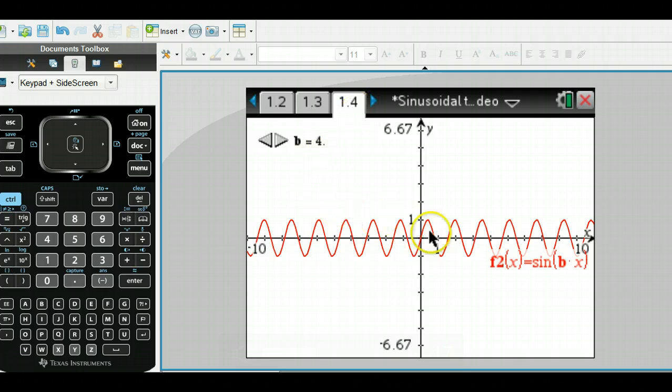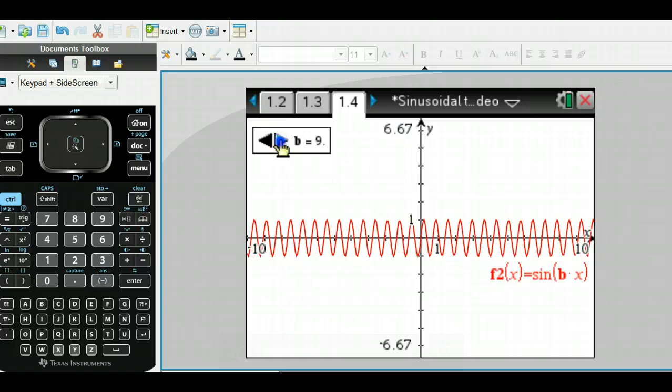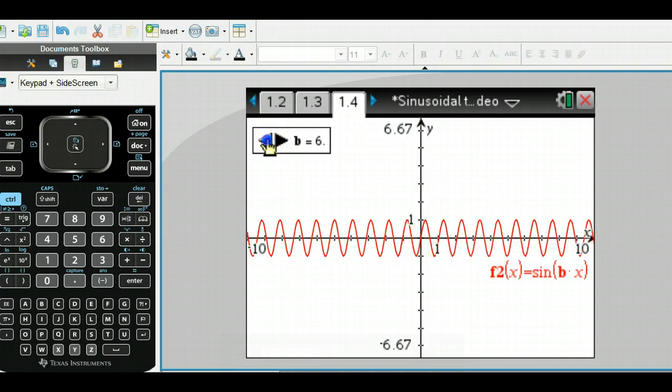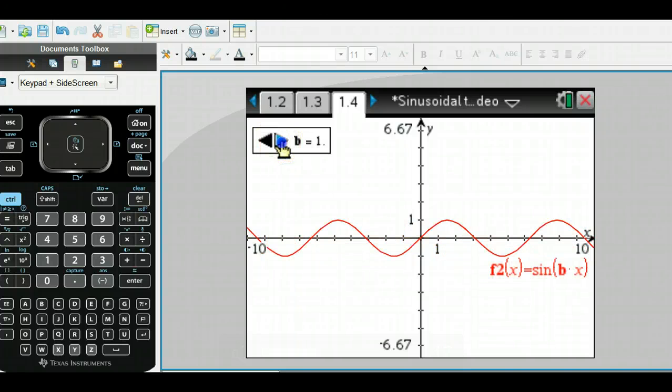Okay, moving on. What if we have f of x is equal to the sine of b times x? Well, what I like to say is that this makes our graph go faster and faster as b gets bigger. Now b could be smaller too, and in fact I could go down to some fractional numbers, but this would be my normal sine graph. As b gets bigger,